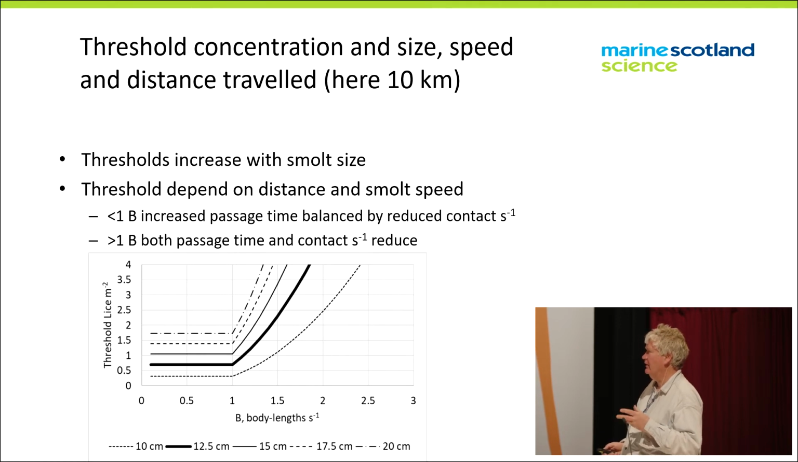So the threshold increases obviously with the size of the smolt that it can tolerate, but it also depends upon the swimming speed. If they're swimming at less than 1 body length per second, the threshold is fixed because the reduction in contact rate at slower swimming speeds is balanced by the longer time it takes for the smolt to